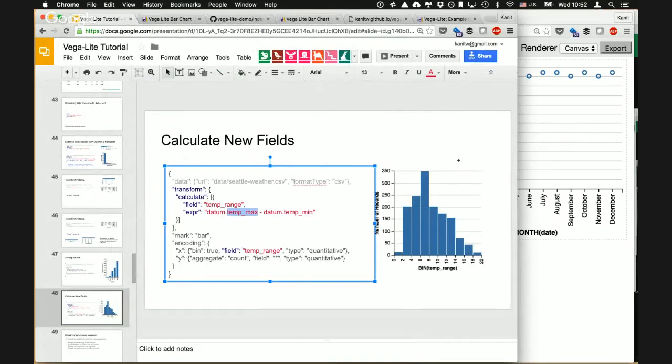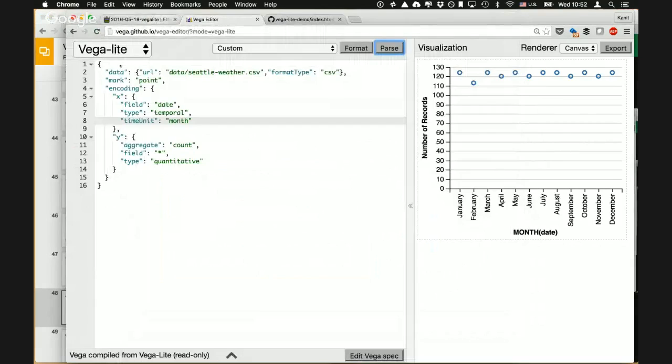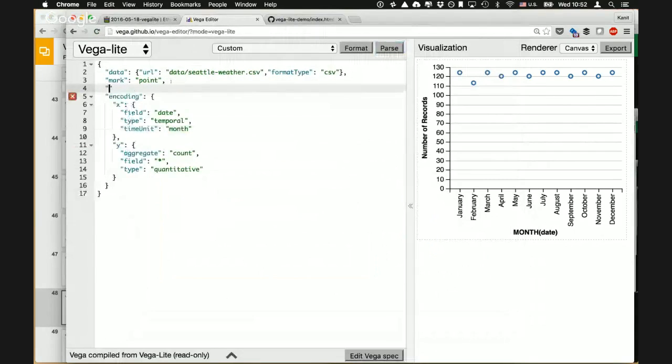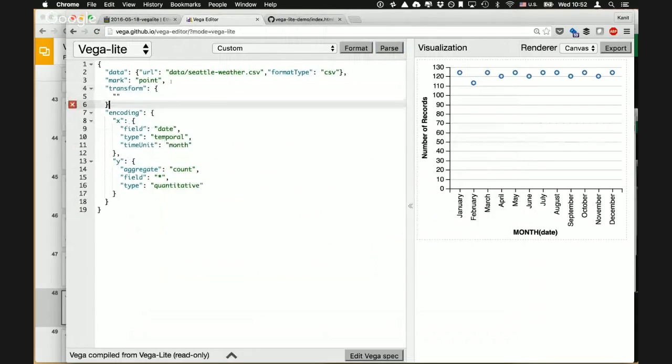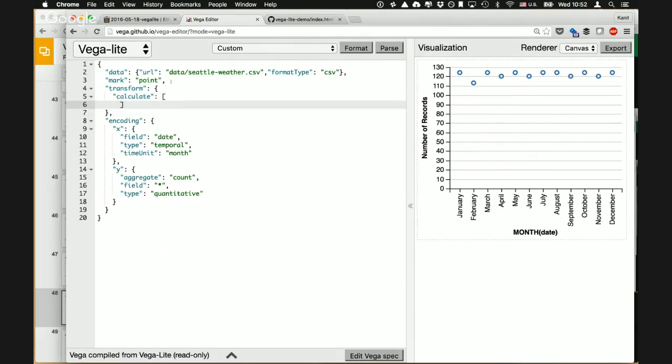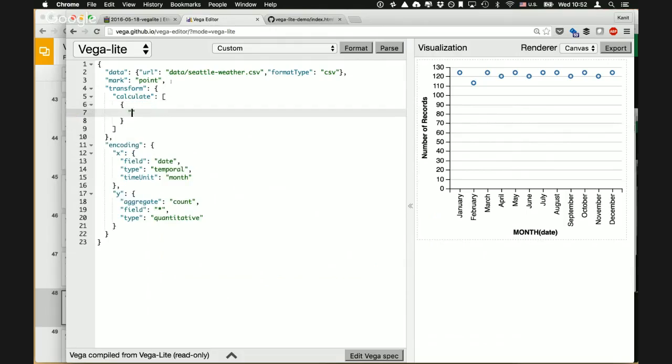What we can do is add a new property on the top level called transform, and in this transform property we can do calculate, and within this calculate property is an array, and you can say I want a new field called temp range,